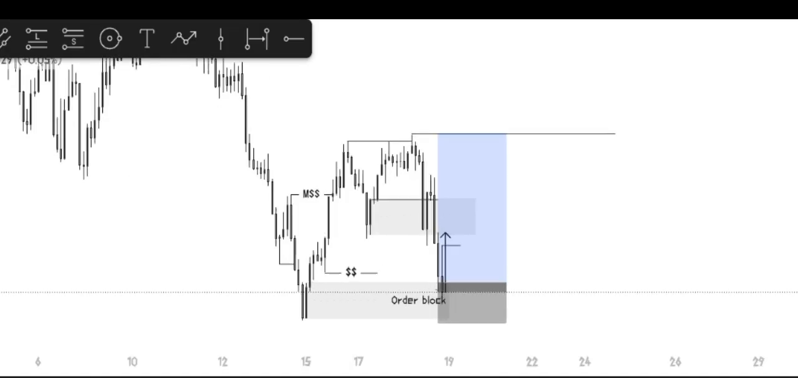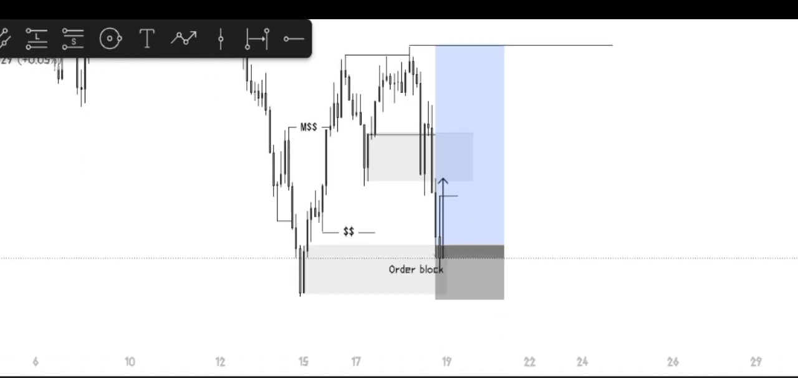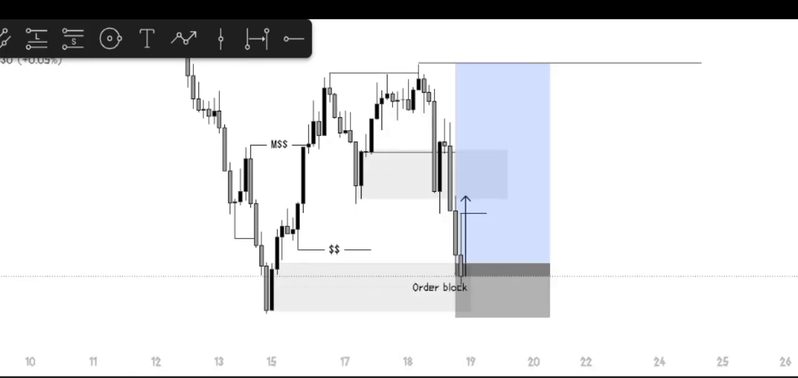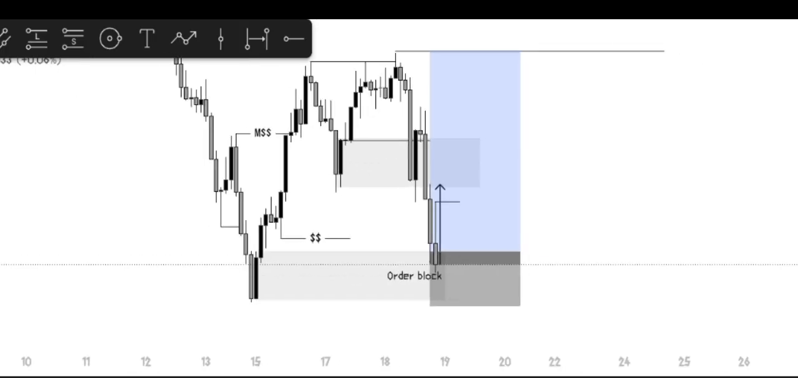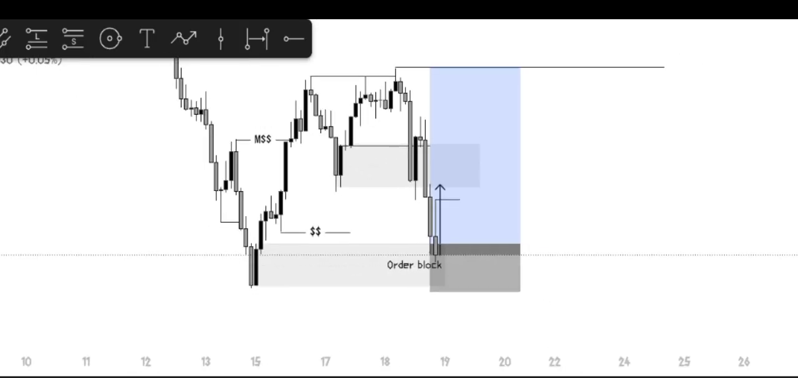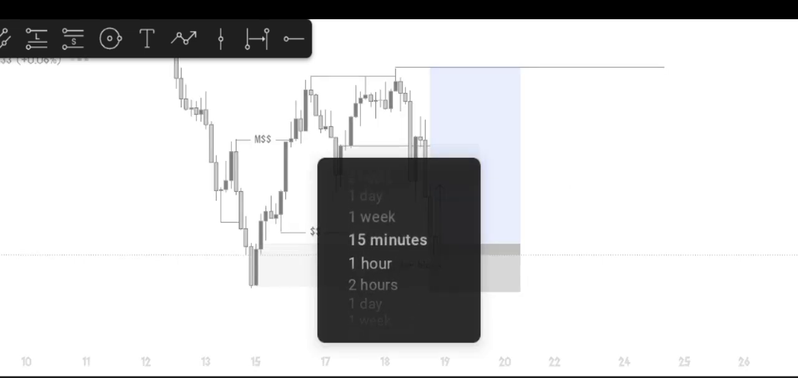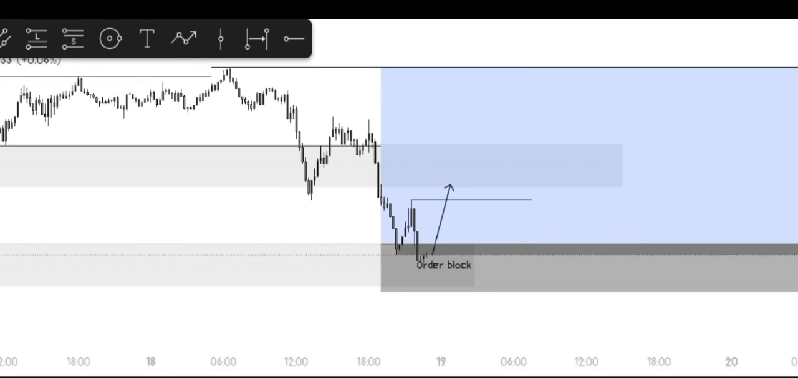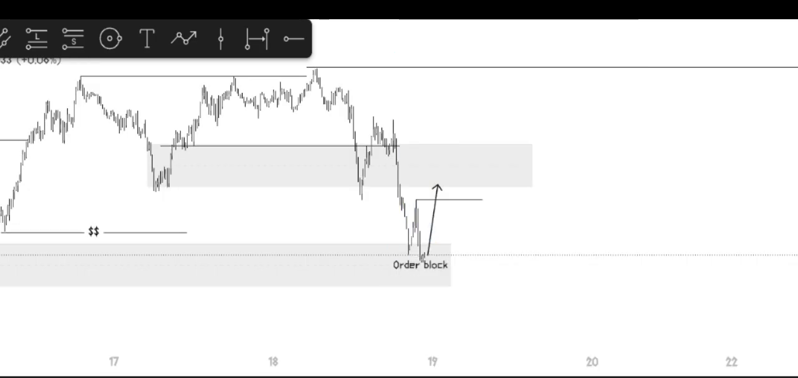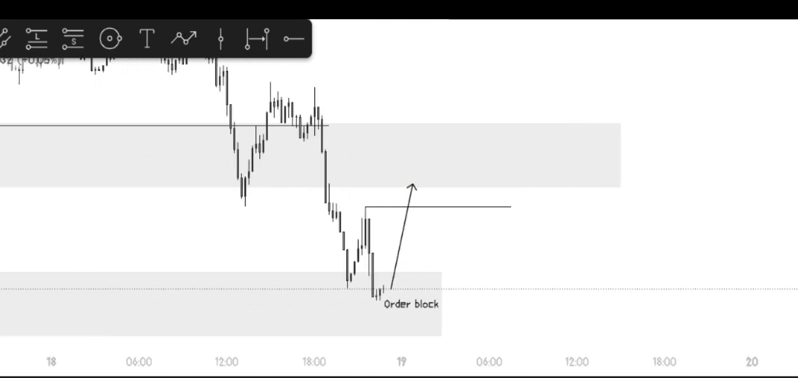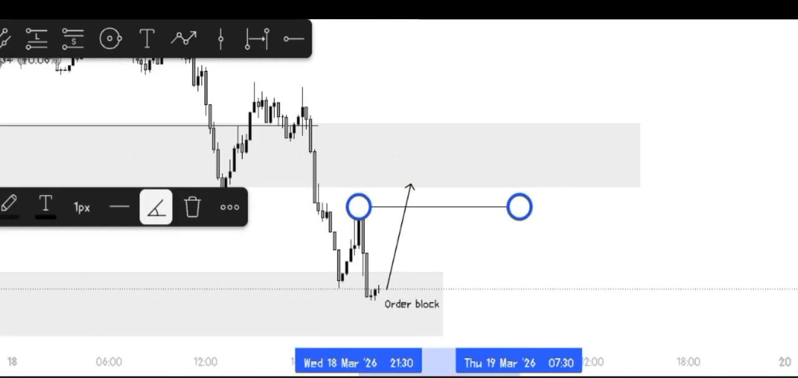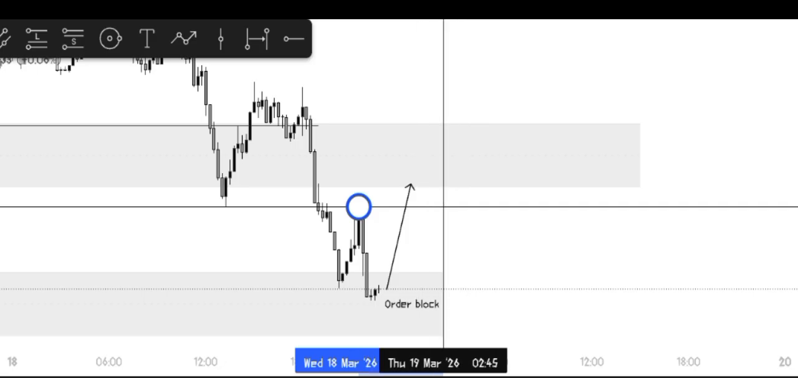But as a day trader, someone who loves small SL, tight SL, just like me, I won't be taking a trade directly on the 2-hour time frame. I will quickly go to my 15 minutes time frame and look for another confirmation once again. On the 15 minutes, you wait for price to give you a change of character